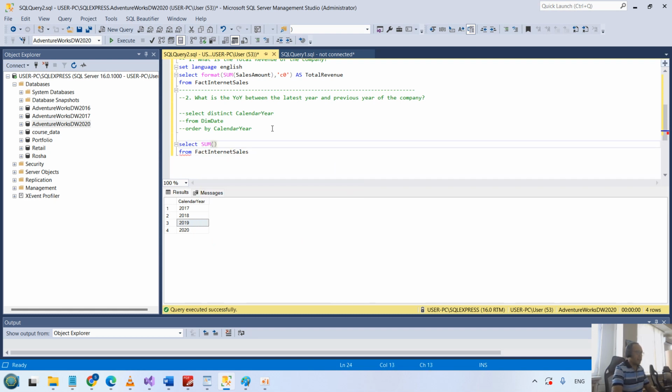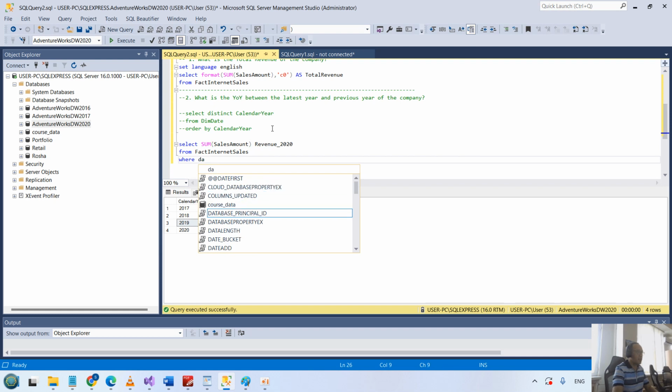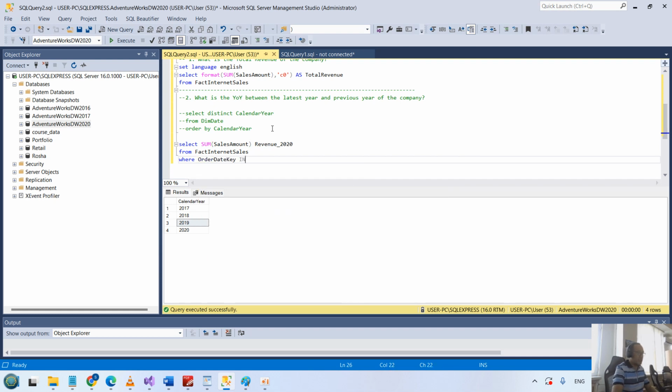From here we say sum of SalesAmount, and that's going to be the revenue for the latest year 2020, where the OrderDateKey in, we say select DateKey from the date table where calendar year in